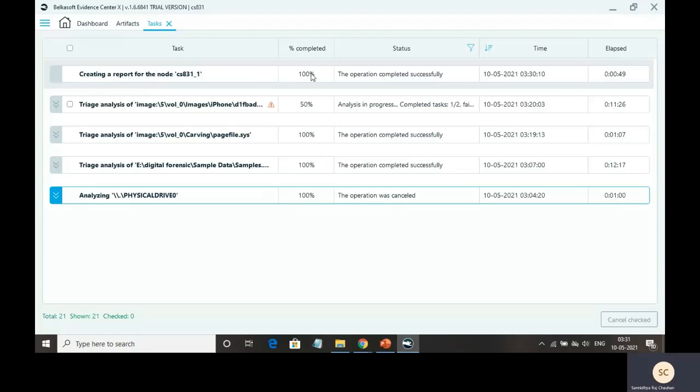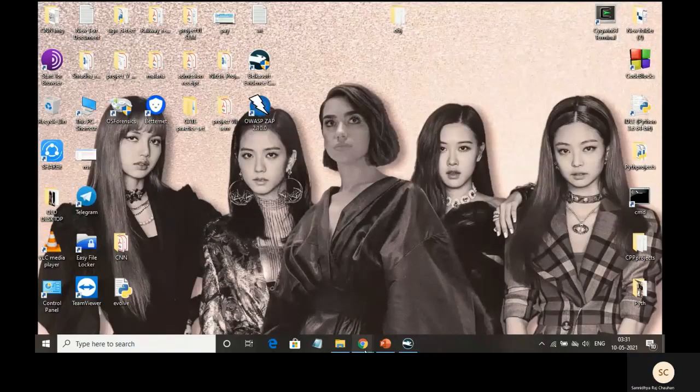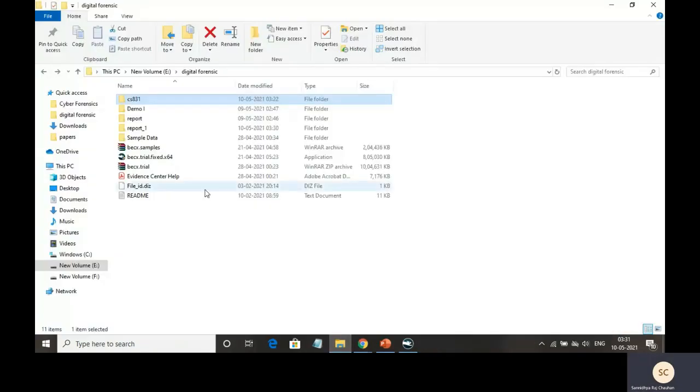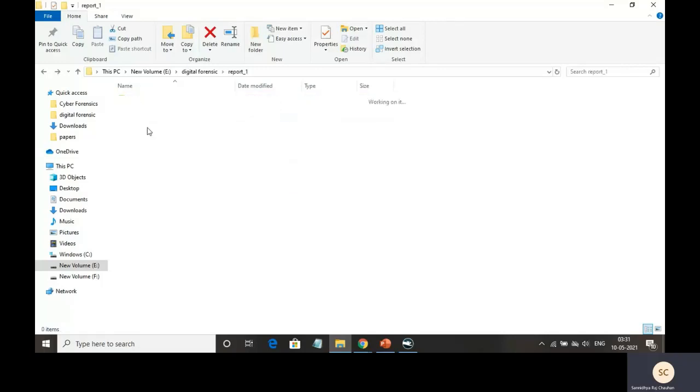Here we can see that the report has been created successfully. Now let's go to that folder and see how the report has been created. The PDF format has been given, with the case name. Let's see how the report looks.